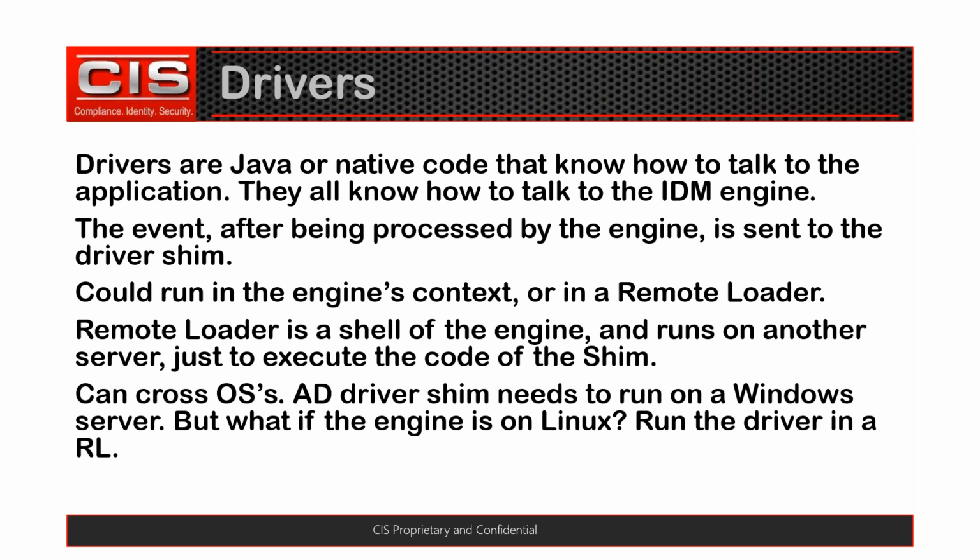So I say it's Java or native code just as an example, because many of them are Java, some of them though are native, like the Active Directory driver runs a DLL that has to be running on a Windows box. And so this driver can run in the engine's context or process. So it uses up memory in the engine process, which is NDSD's process. As you can see, this 32-bit 2 gig memory limitation would start to become more of a problem,